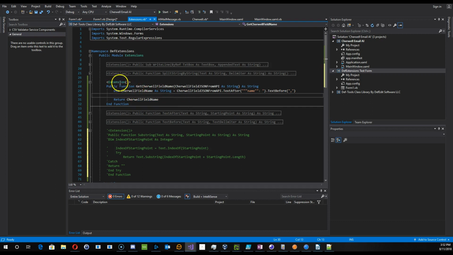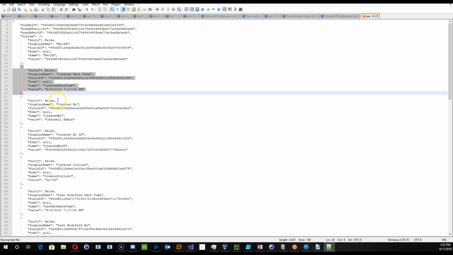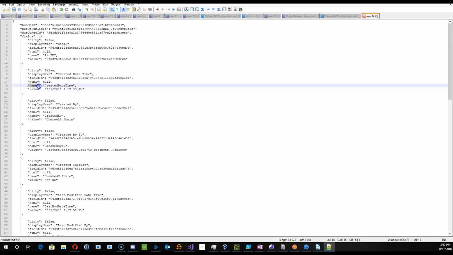So I have an extension method I've developed that says public function GetCherwellFieldName. It has a parameter which says Cherwell field JSON from API as string, and this is intended to be this text right here. If your REST API from Cherwell returned values for a field, this is what you'd get. That's what it's expecting, and it's going to look for a key value pair of name and then the value, and it's going to get you that value. And the way that it does that